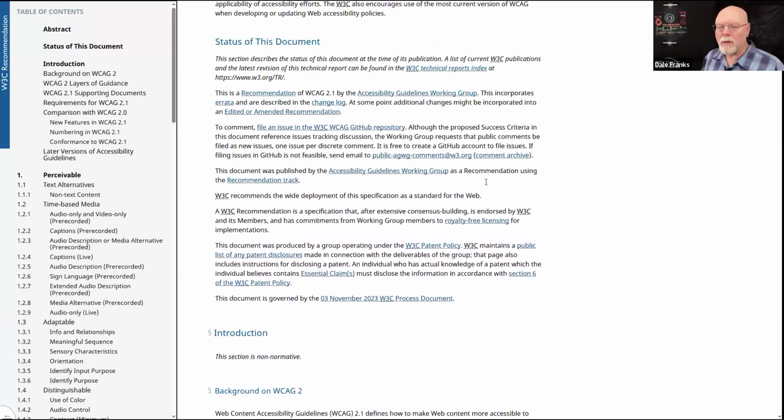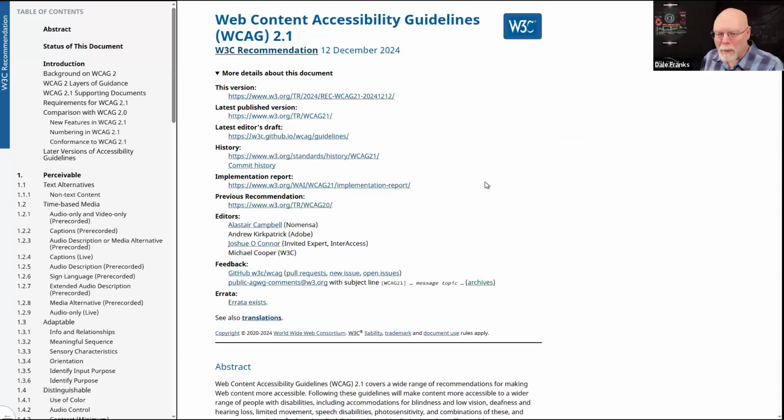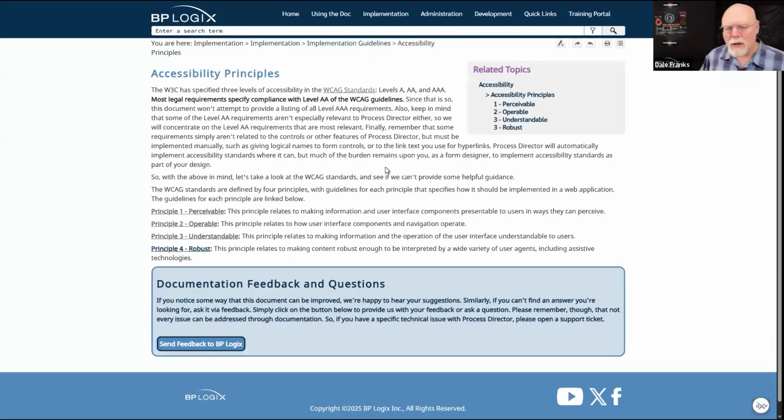Now, the reason why this is probably going to be less useful to you is that it is for creating standard HTML pages and general website design. We have really a smaller subset of that we worry about in terms of Process Director, because we're really talking about form design. And so while there are some general overall principles, there are a lot of things that you're just not going to do, right? I mean, other than a logo, you're not going to have a whole bunch of images on your form.